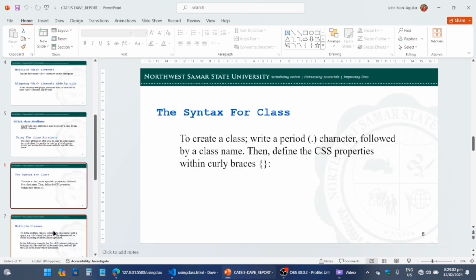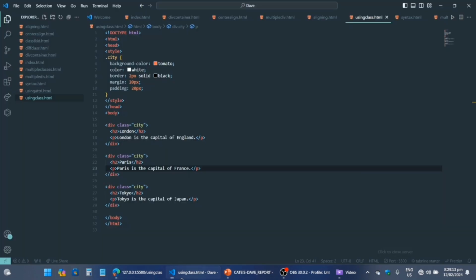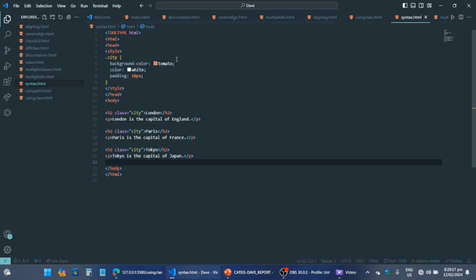So next is the syntax for class. To create a class, write a period character followed by a name, then define the CSS properties within curly braces. So here's the sample code about syntax. So didi same gyapon siya, but gintanggal ta kanina sa style adto na margin, then adto na color gyapon,